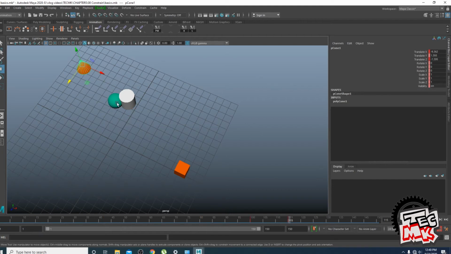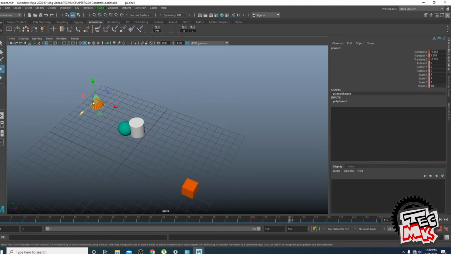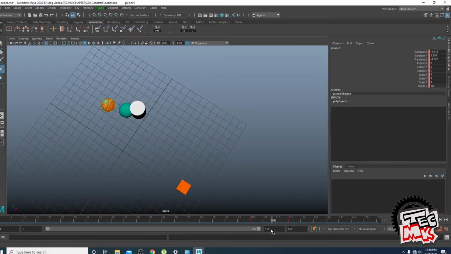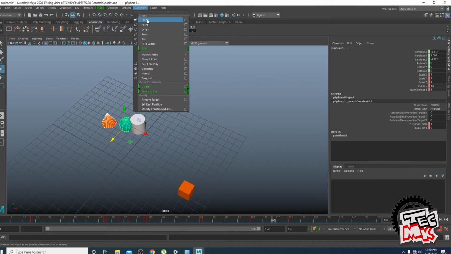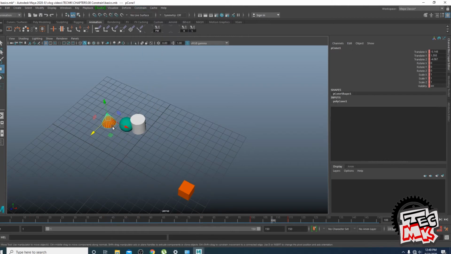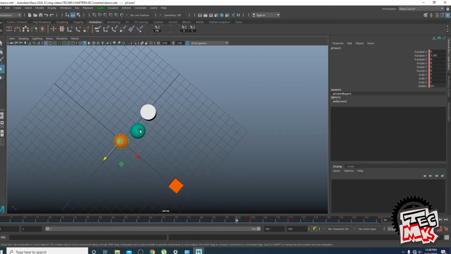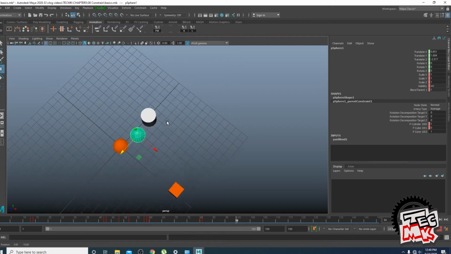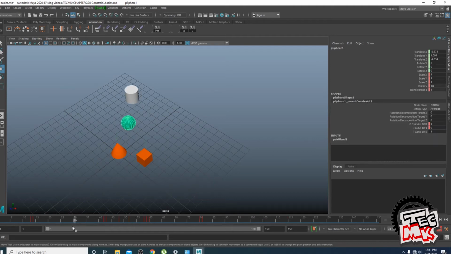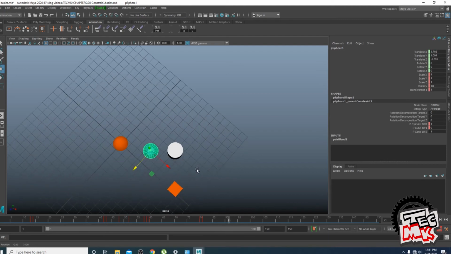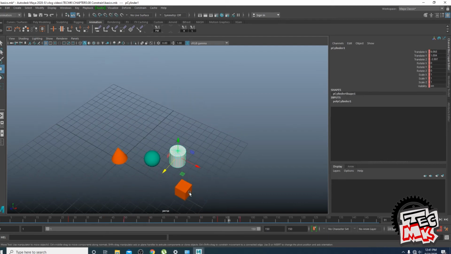Then definitely we have to create some sort of relationship between the sphere and the cone, because without the relationship it cannot take it. We are going to create a relationship between these two, this being the parent and this being the child. Constraint, parent constraint. There's a new parent which has taken over the control of this child. If you carefully notice, the sphere earlier was attached to the cylinder, but now since this parent is also there, it has a formidable amount of effect on the sphere, and hence the sphere is not able to get attached to the cylinder as a child as it used to do earlier.